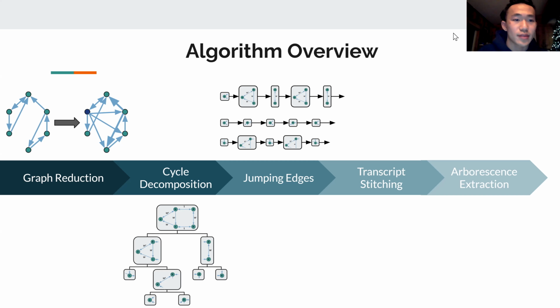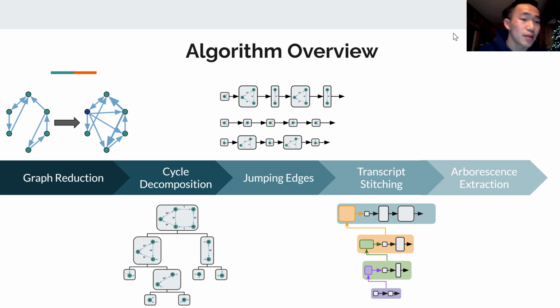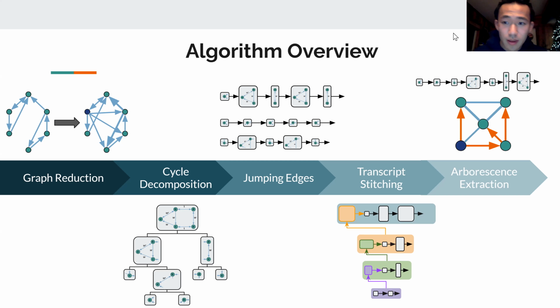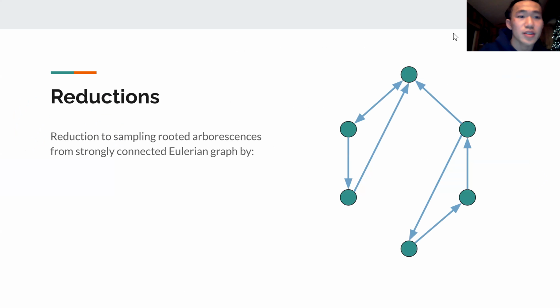And given these transcripts we simulate, we can then stitch all these transcripts together. And once we have combined all these transcripts, we can ultimately have a transcript from which we can extract all first visit edges and then hopefully walk away with a randomly sampled arborescence. So moving into graph reductions, what we're going to do is we're going to try to say,